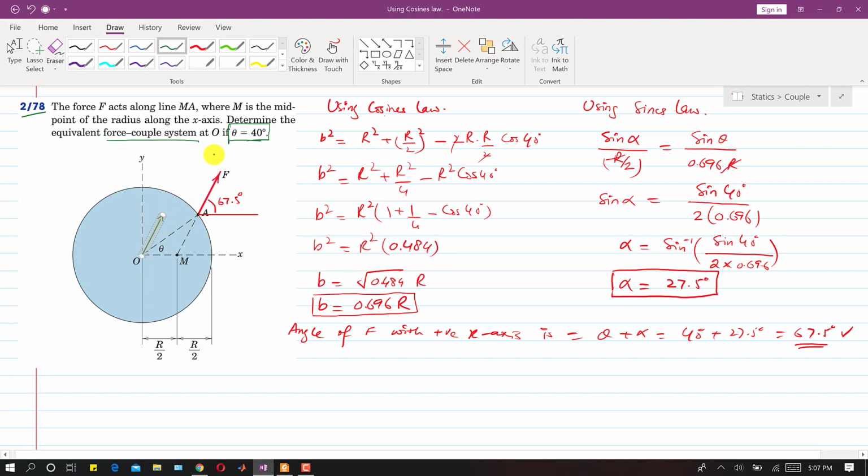So this is equal to this force, and now in order to cancel the net effect of this force, we will need to draw a force with the same magnitude but in the opposite direction, right? So this force will cancel out the effect of this force, right? And the magnitude of all these three forces is F. This is F, this is also F. So now this force and this force, they are in opposite directions, so they will produce a couple, right?